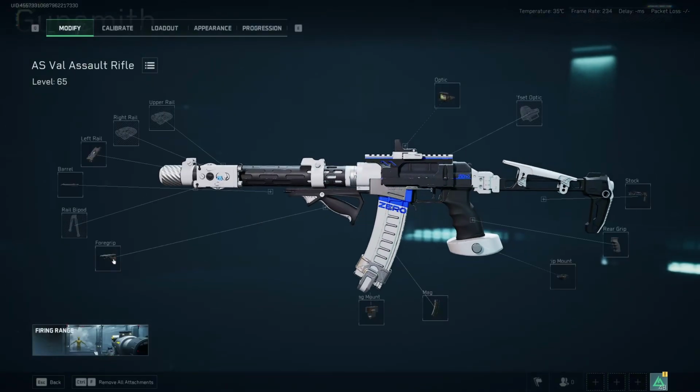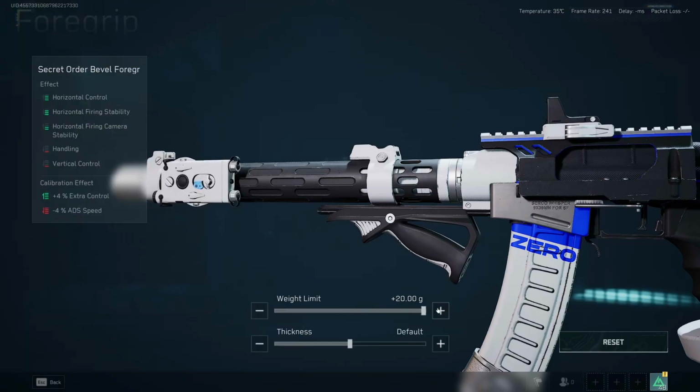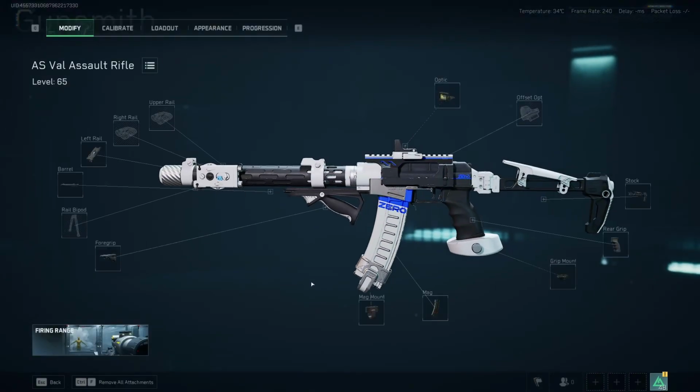I also went ahead and calibrated this slightly by adding plus 20 grams on the weight, so this gives you another plus 4% extra control and negative 4% ADS speed. Honestly, negative 4% ADS speed is not too crazy. So that is my